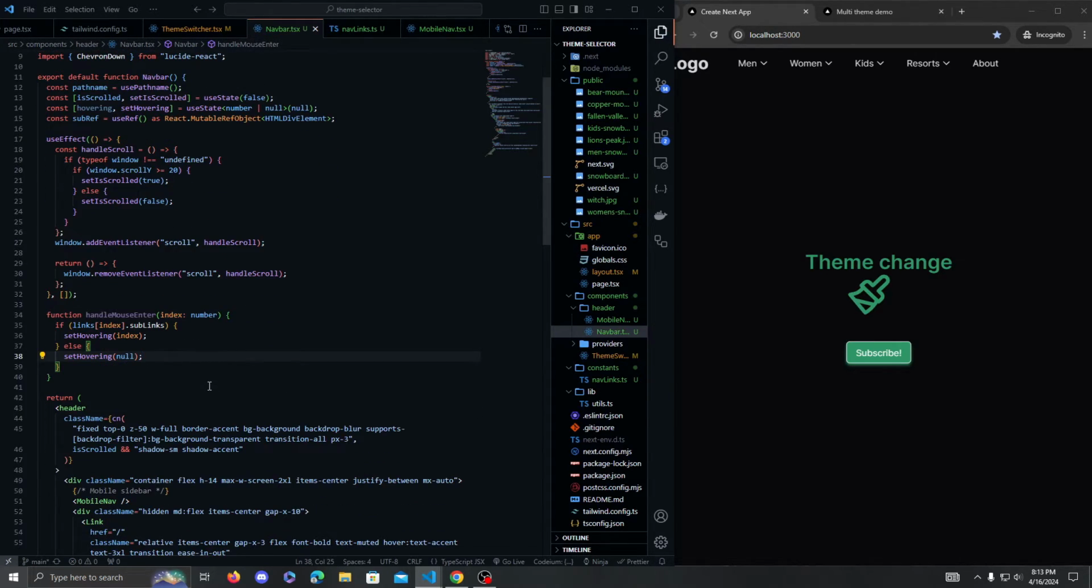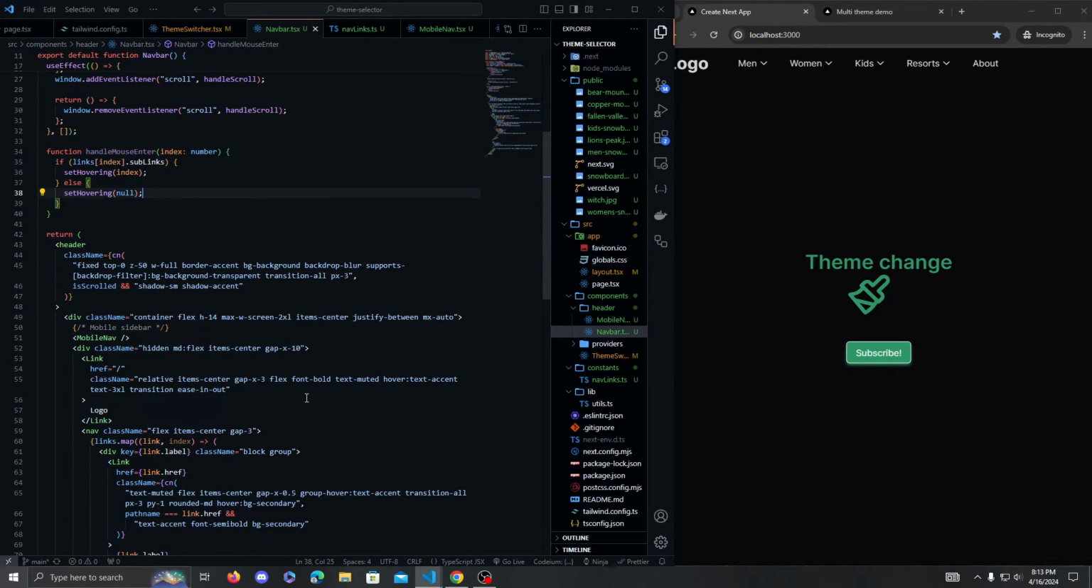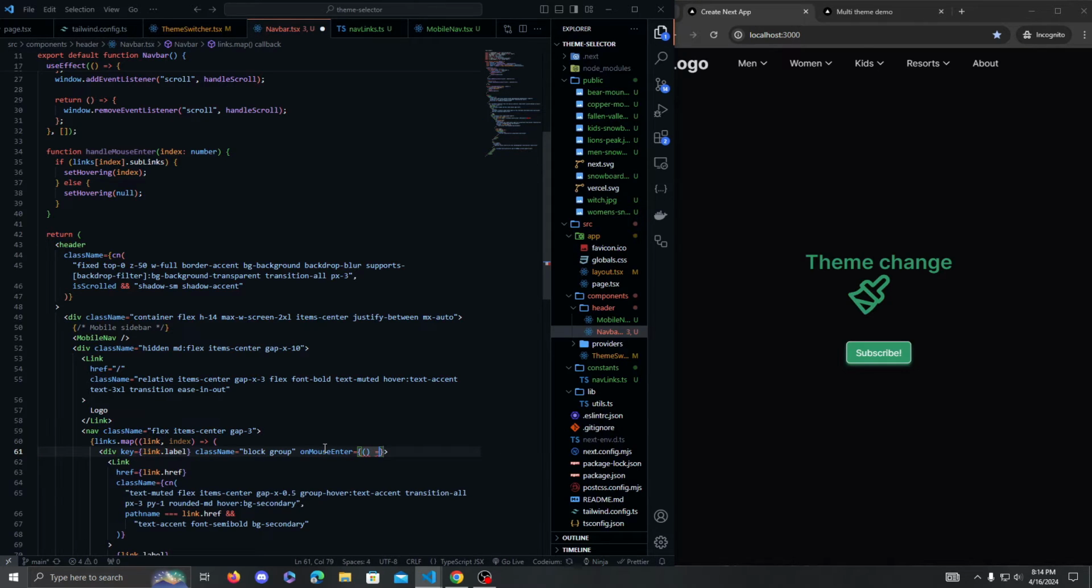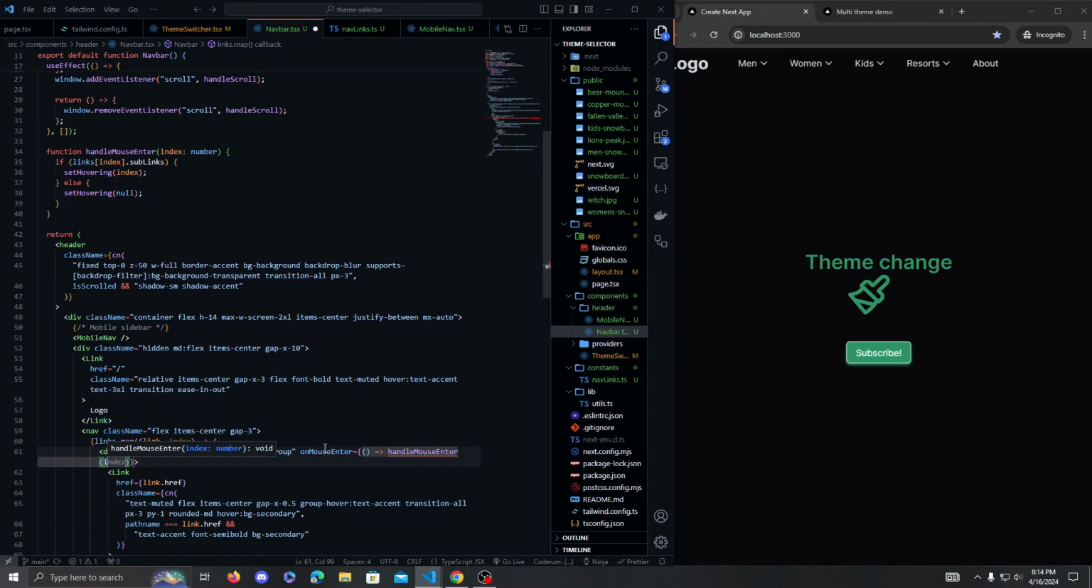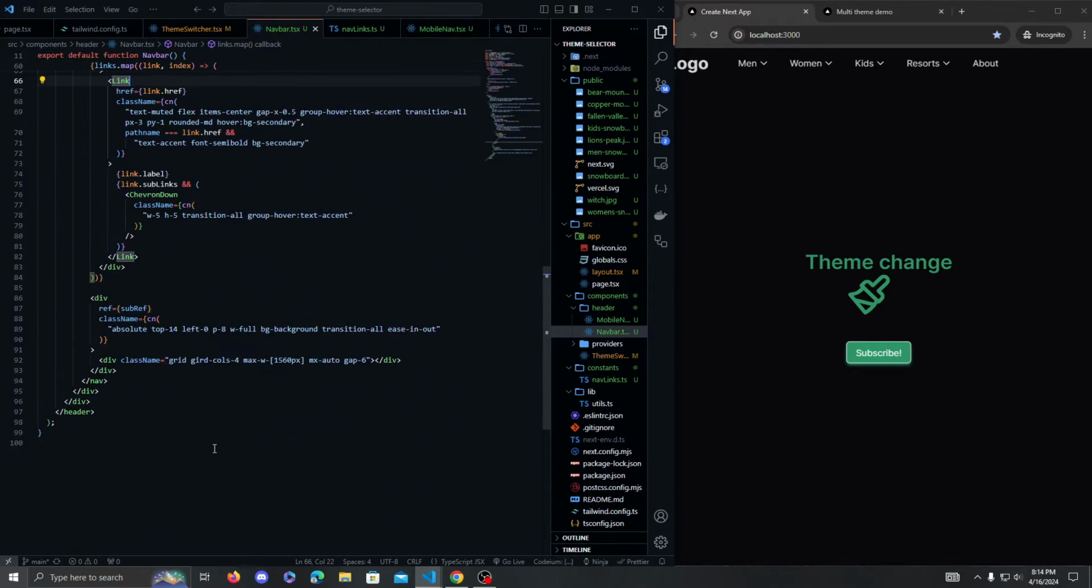So now we're going to add on mouse enter to our div below the mapped over links. So we'll do on mouse enter. It'll be handle mouse enter, and this will take in the index. So this will be true. And then right below this, or inside of this div here,